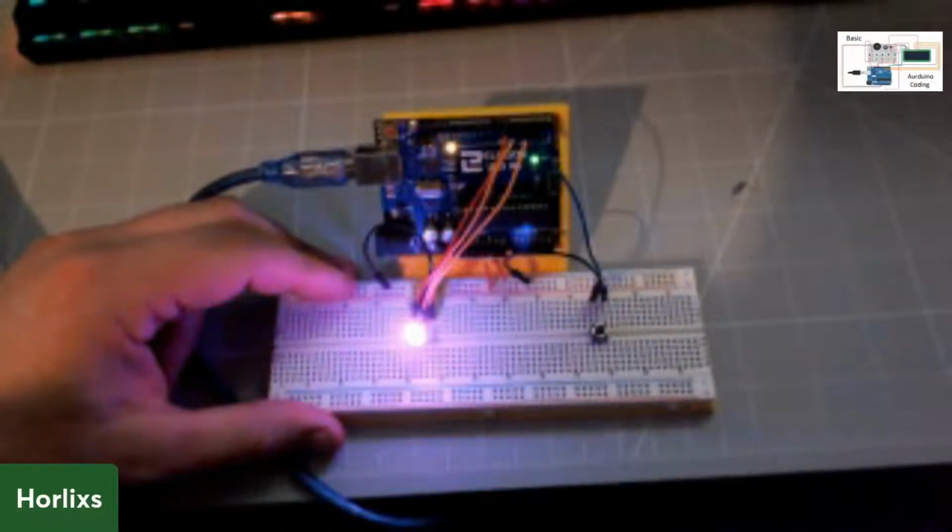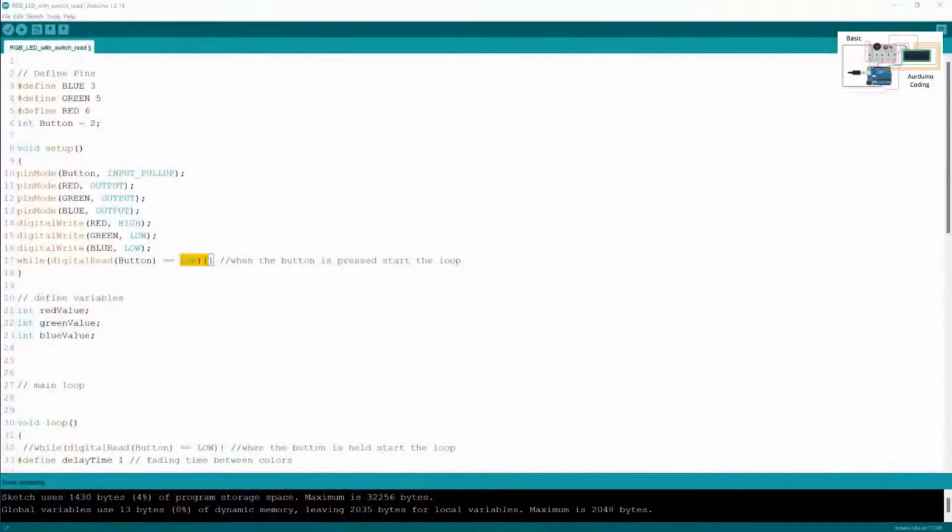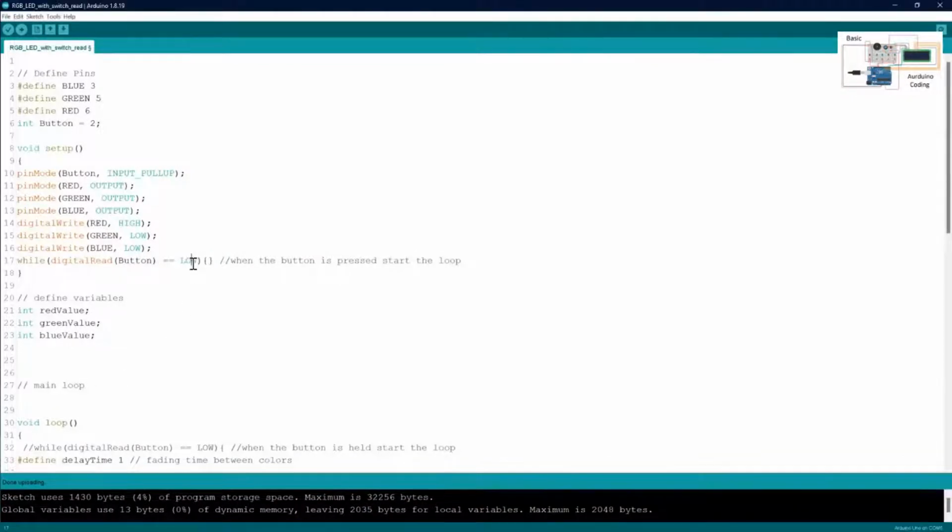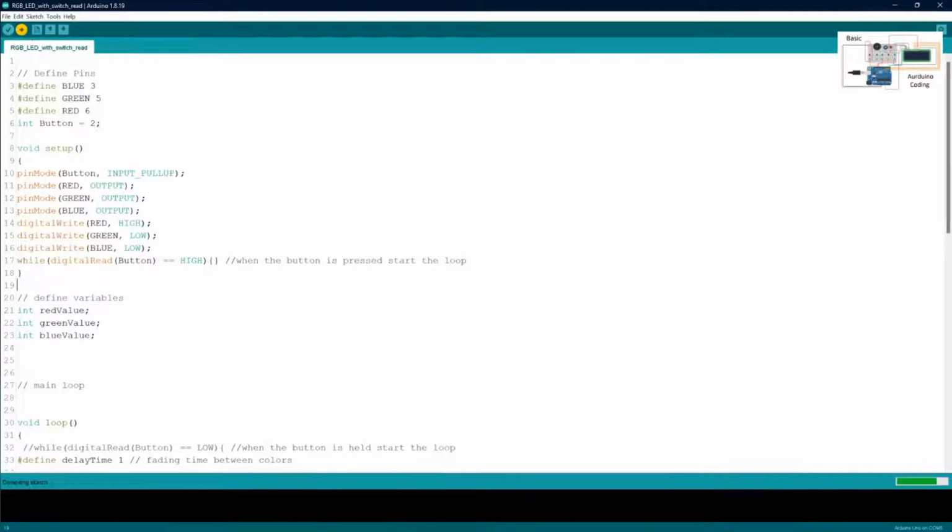So the fix for this is to change this low to high. And that's all it is. Now, I don't know why, because as I say, the pin is high already. So by making it high again, I just don't know. It's not right. It shouldn't be doing this, but it seems to work. So if I upload the code now,